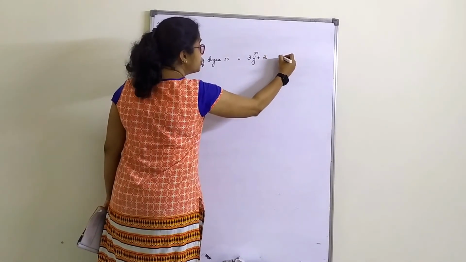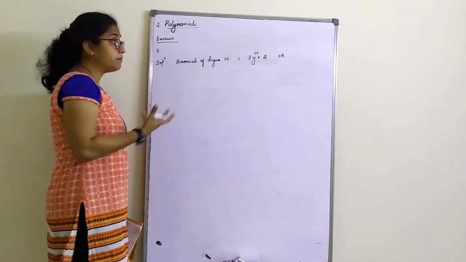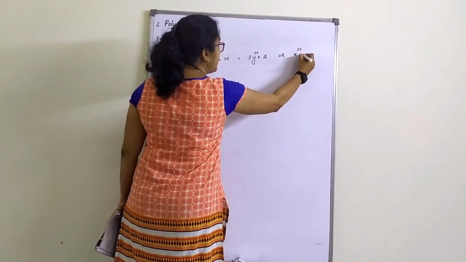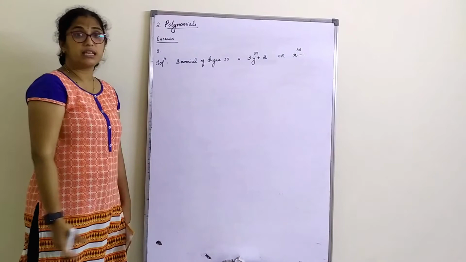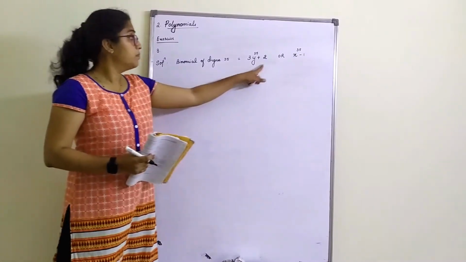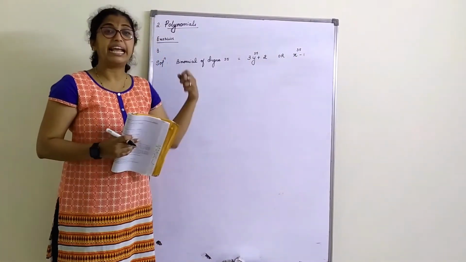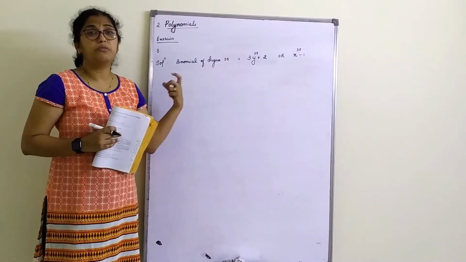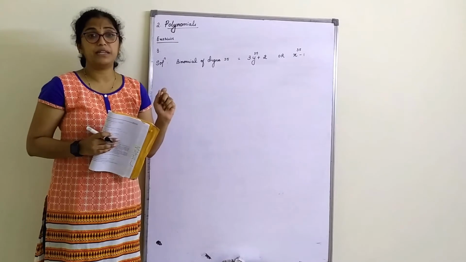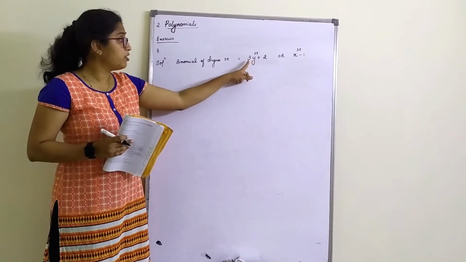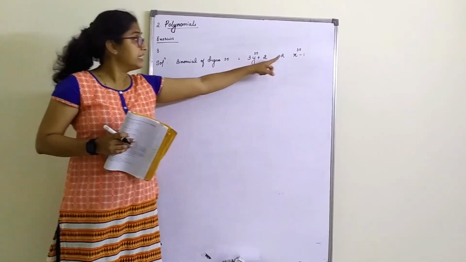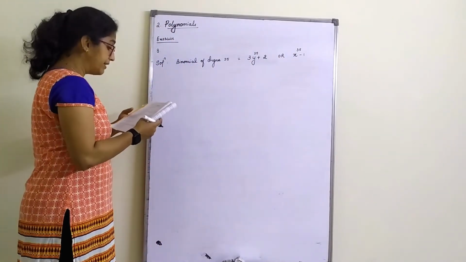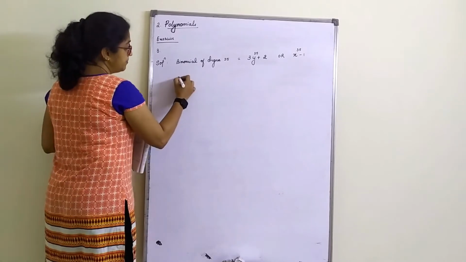Or if you do not want to write like this, I can also write a binomial like this, x raised to 35 minus 1. Is this correct? Yes, it is correct. Both are binomials, right? Any one you can choose. See here, you can have your own answer, provided it is a binomial. This binomial has a coefficient 3. This binomial has a coefficient 1. That's it. Next one, what they have asked, a monomial